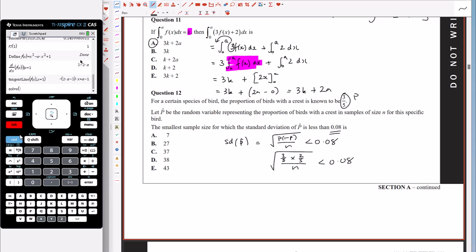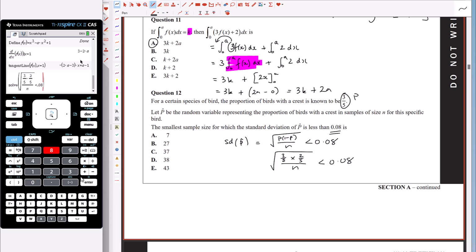Sorry, pressed the wrong button there. Oh dear. Okay, so I'm going to have 3/5 times 2/5 over n, and that has to be less than